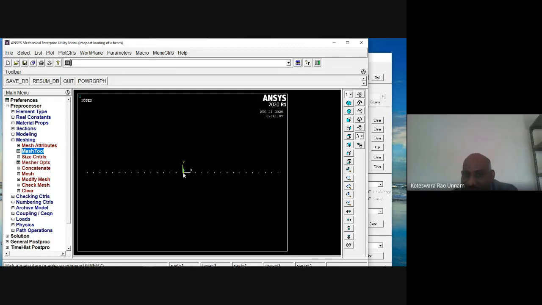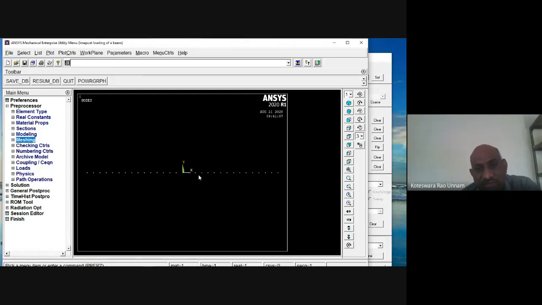So in order to get a node at this location, you need to get an integer value. When you divide the total length by the number of divisions, you should get an integer value. You don't get a fraction. Suppose the length is 36. If I take 36 by 2 also, it is okay. So I can divide that into 36 elements also. But instead of 36, if you take something like an odd number, 7, 36 by 7, I won't get any node at this location for that kind of mesh. So you keep that point in mind.